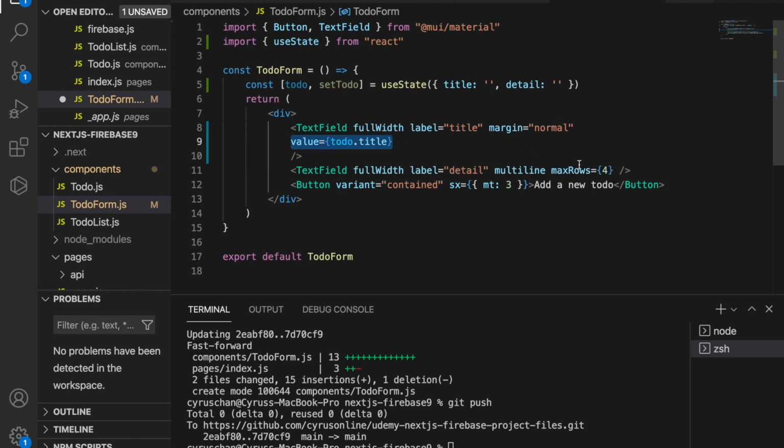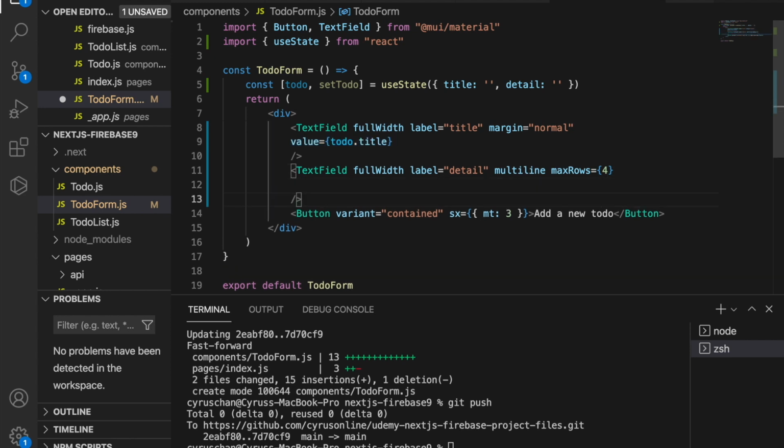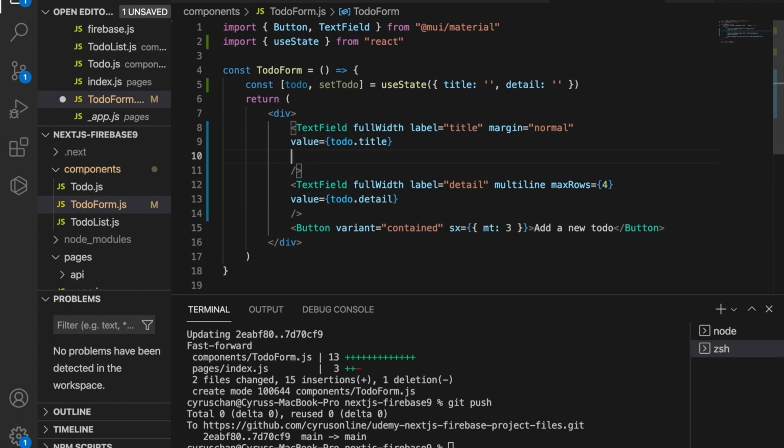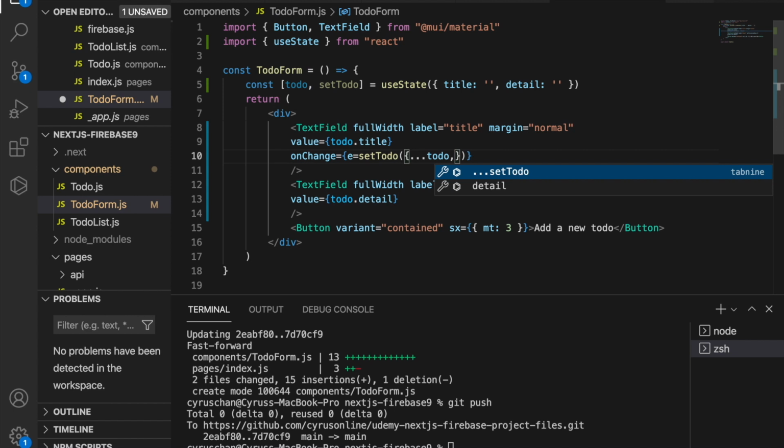So we copy this and go down to here and paste it, and type todo.details. Then here we type onChange is equal to the event, and then we set the todo. We spread the original todo and merge it with the new title at the title input field, and we type